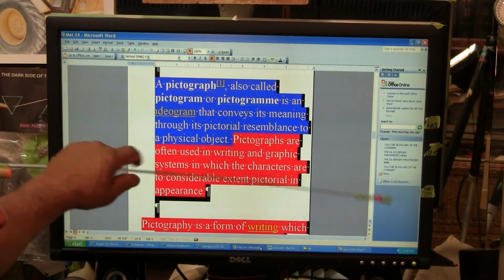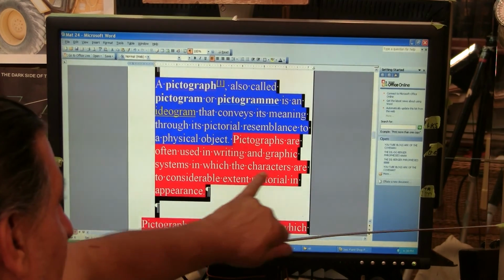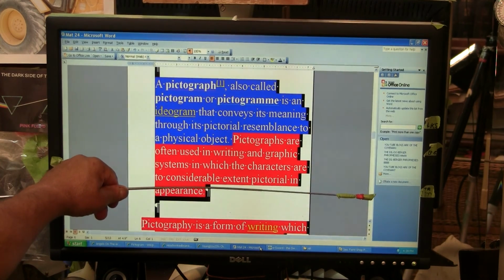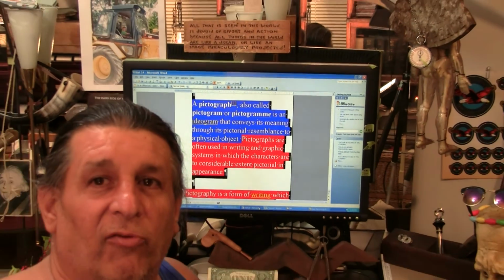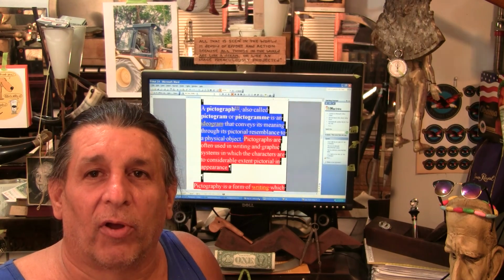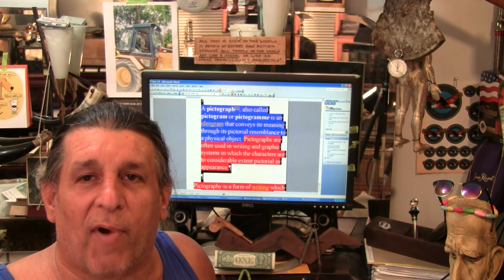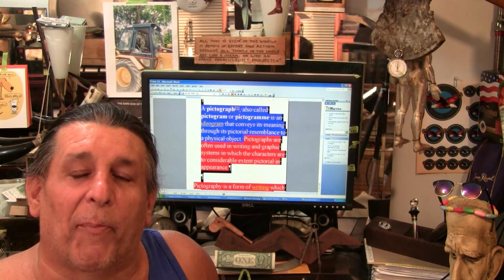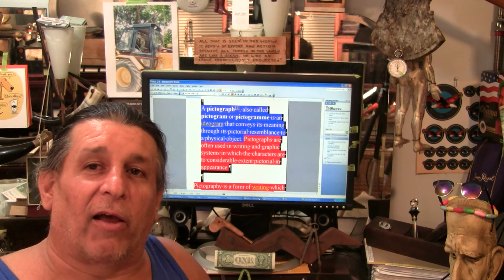Then the definition goes on to state, pictographs are often used in writing and graphic systems in which the characters are to a considerable extent pictorial in appearance. What that means is when something is very complex and words are not able to describe the complex structure of the idea or premise, because of the necessity to extrapolate those meanings in different languages, a pictograph is used. Like a stop sign